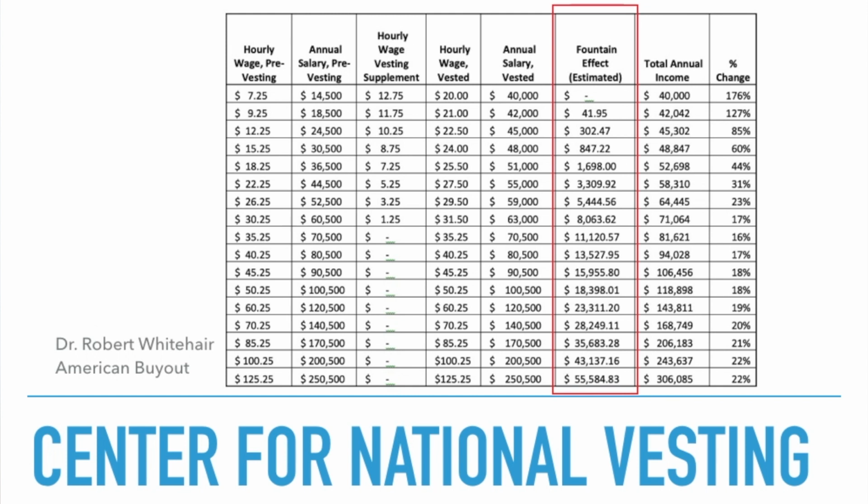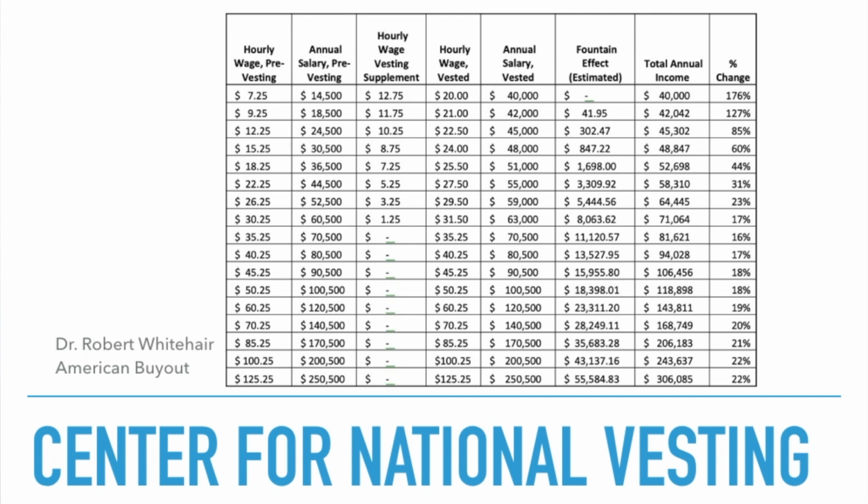The general idea of fountain effects, also referred to as trickle-up effects, is that any stimulus of low and middle income segments will increase the overall wealth generated by an economy, and the benefits of the increased wealth will fountain up to the higher income segments of the economy. Now, before anyone gets nervous, just to be clear, there's absolutely no relation at all to trickle-down economics, which we think is a nonsense theory. Fountain up is a fairly well-known economic theory, and we're just using the term trickle-up to bring some context to it. But to continue with the table,